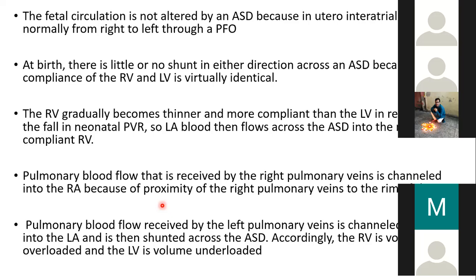If the RV compliance is poor, RV end-diastolic pressures are high, the RV is thick, then in that particular case the shunt is low. What is the normal LA pressure? What is normal RA pressure? It is around 6 to 8, sir. RV 0 to 5. So there is not much of a difference in pressures. So the pressure gradient is not much, except for the compliance of both the ventricles.